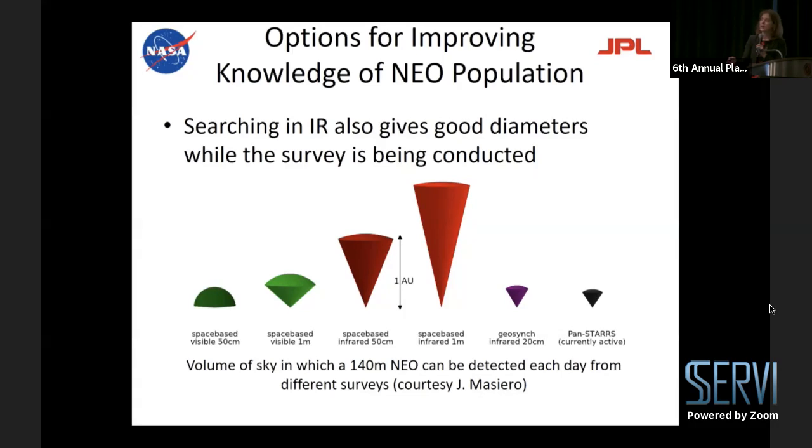While it would be nice to have a larger aperture operating at these wavelengths, it just gets to be large and unmaneuverable, and it gets very expensive. But at 50 centimeters, we can cover a large solid angle on the sky and still efficiently maneuver from field to field. So we think this is right.